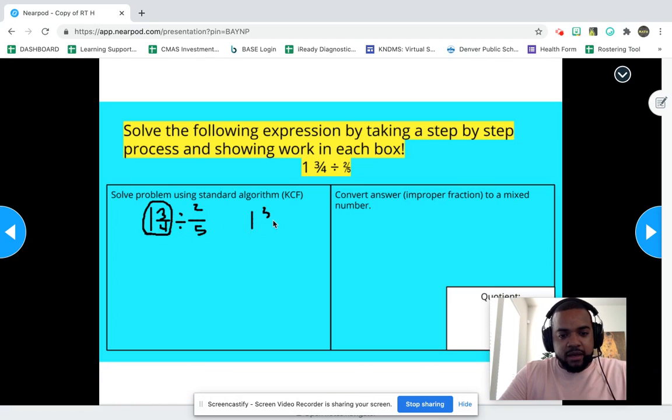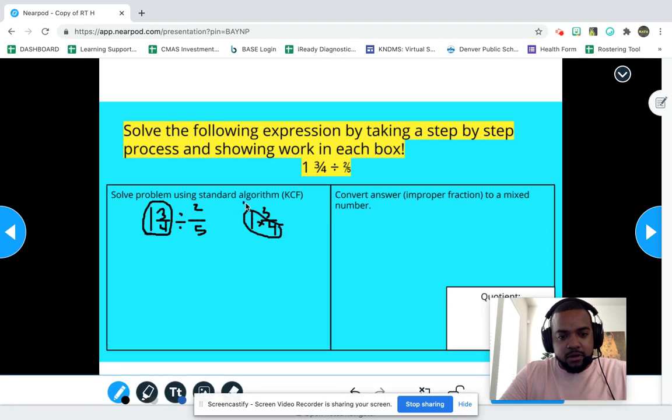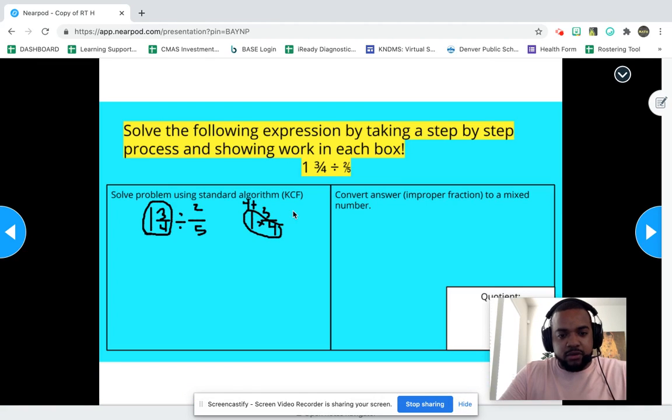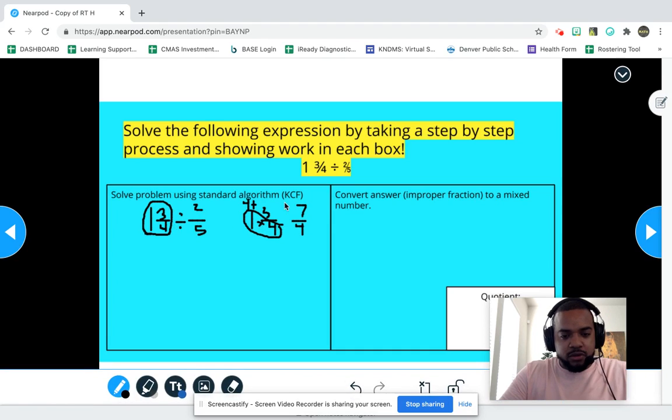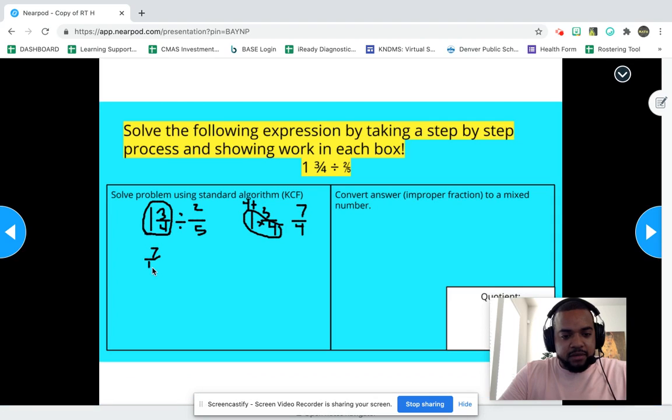I can do that by multiplying my denominator times my whole number. So I got 4 times 1. That's 4. Then adding that to my numerator, which is 3. So 4 plus 3 is 7. Keep my denominator the same. Perfect. So now this 1 3/4 is actually just 7/4. So rewrite that. So I have 7/4